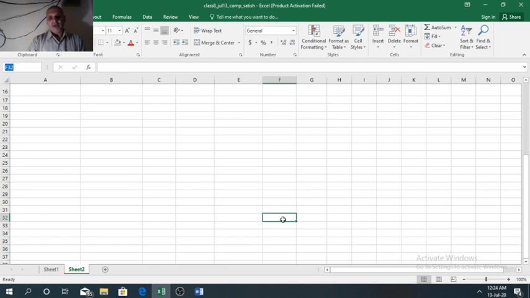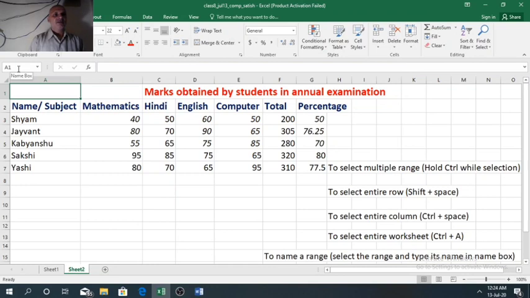From anywhere in the worksheet, you can directly go to a particular cell. There are two methods for that. One method is in the name box, you can type the cell address of the particular cell where you want to jump. If we type here A1 and press the enter key, you can see cell A1 is highlighted, that is in the beginning of the worksheet.